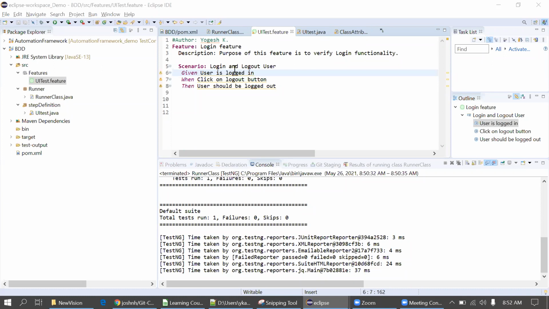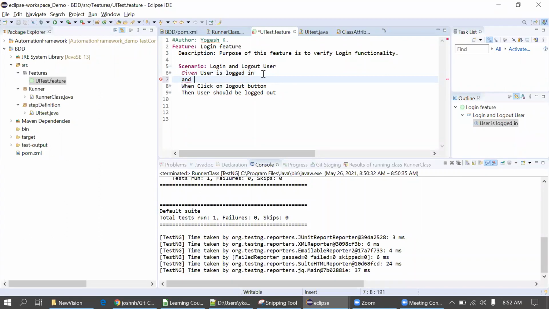And is some more action. Of course you can put And as well. You can put another sentence here if you want to put some extra sentence. That's fine. It is supported everywhere. After Given and also after When we can put And. Suppose you want to perform another action, we can put And here as well. Just putting some random things here again.